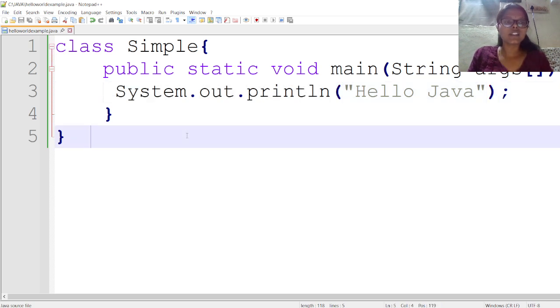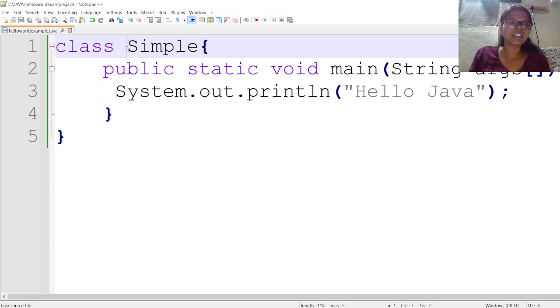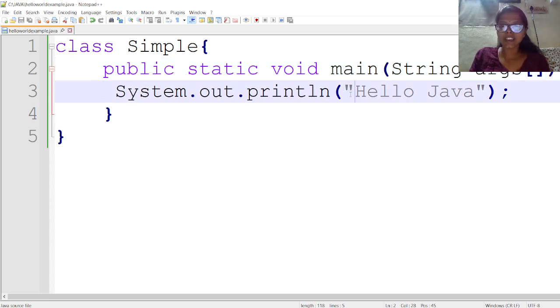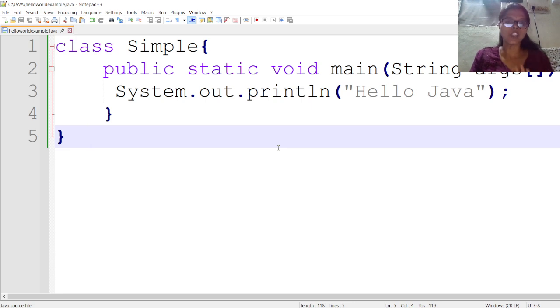Okay, this is the basic hello world program. Always a Java program will start with the class and the class name. The class name can be related to your program; as it is a basic hello world program, they have declared it as simple. After the class, we need to write the main function. The main function syntax in Java is public static void main String array args. Next, after the main function, whatever statement you want to execute, you will write it. To display output, we write System.out.println to print hello world or hello Java on the screen. Okay, this is the basic hello world program.